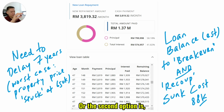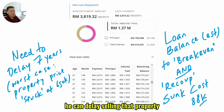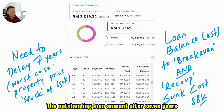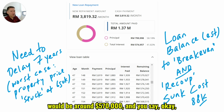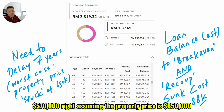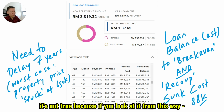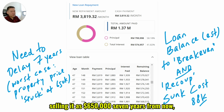Or the second option is he can delay selling that property and hold that for another 7 years, and only sell it then. The outstanding loan amount after 7 years would be around 570,000. And you say, okay, 570,000, right? Assuming the property price is 650,000, even 7 years from now, so it could be like a profit of 80,000, 90,000, but actually it's not true, because you should look at it this way. Selling it at 650,000, 7 years from now,